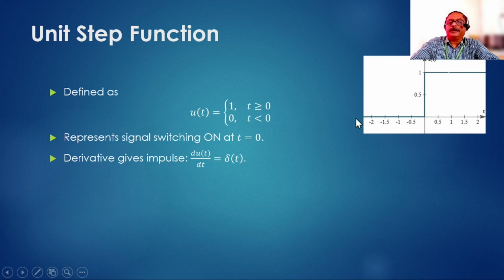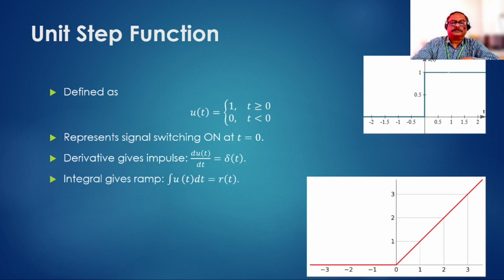And the derivative of this, if you just look carefully, the value is constant at 0 for all negative time, and it is constant at 1 for all positive time. That means the derivative for all negative time is 0 because it is constant, and the derivative for all positive time is again 0 because it is constant. But only at t equal to 0, there is a sudden change, and this sudden change will give us an impulse. So the derivative of a step function will give a unit impulse function,